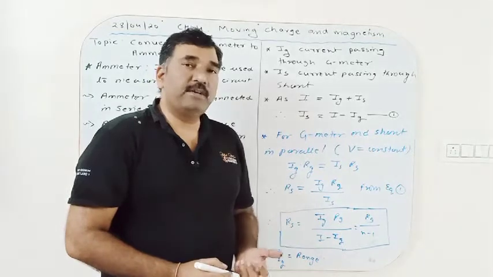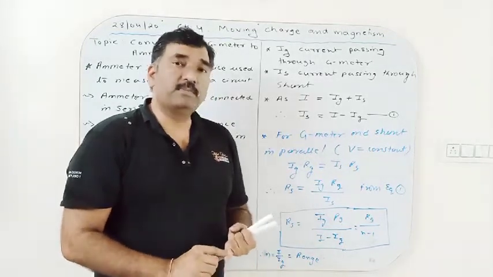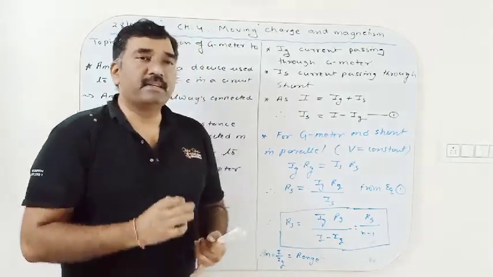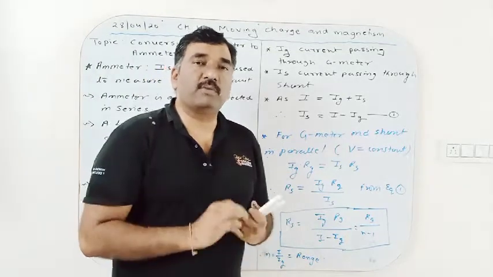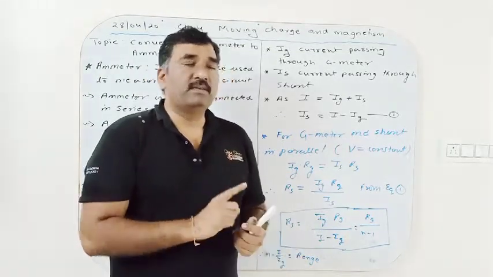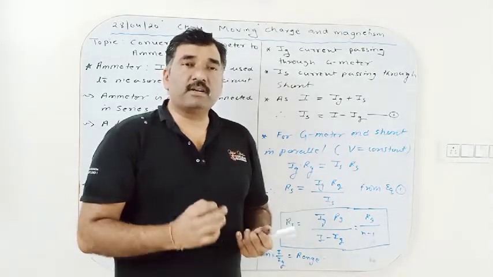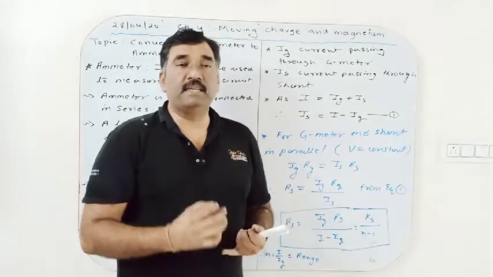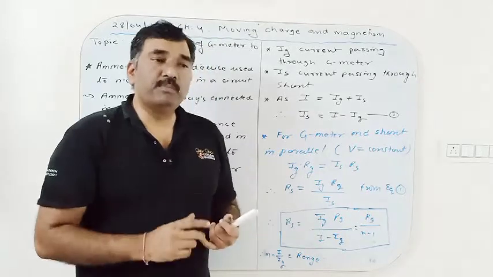So we already know what a galvanometer is. A galvanometer is a device which is used to detect the presence of electric current in a circuit, and we know that the deflection produced in the coil of the galvanometer is directly proportional to the amount of electric current passing through the coil. Phi is directly proportional to I. We have also learned about current sensitivity, phi by I, as well as voltage sensitivity, that is phi by V. Now we want to measure electric current.